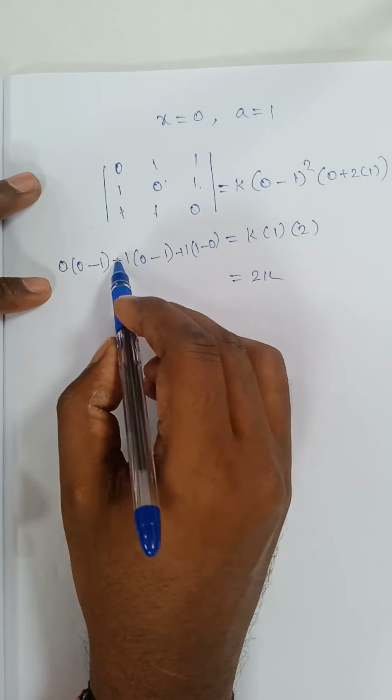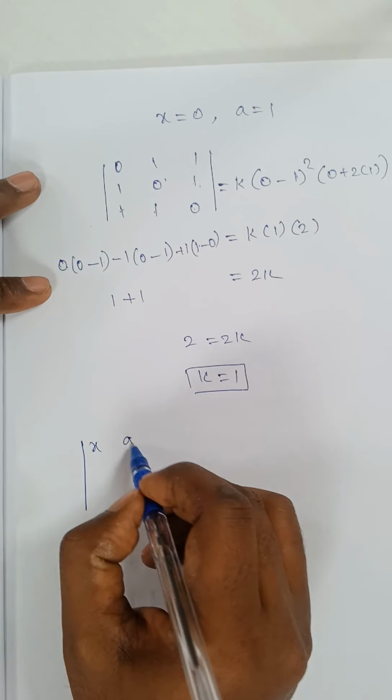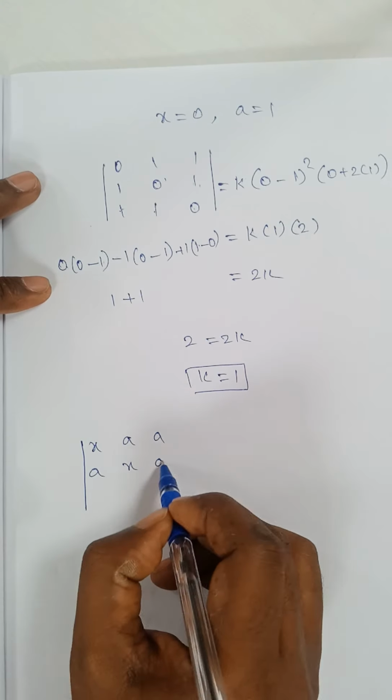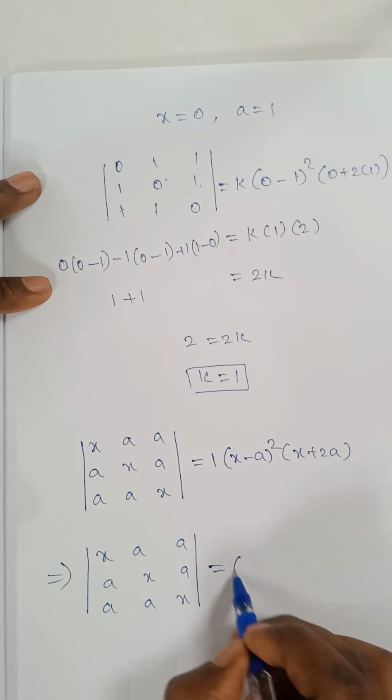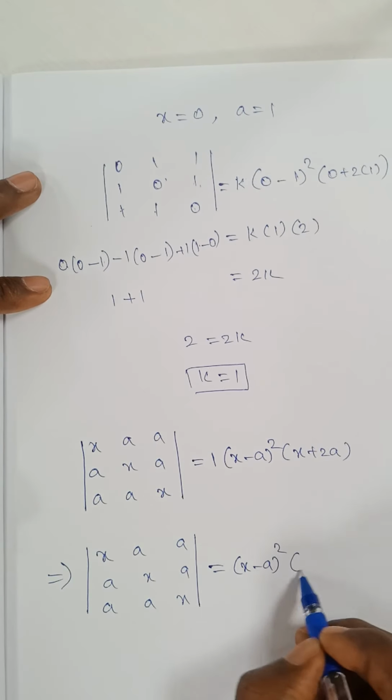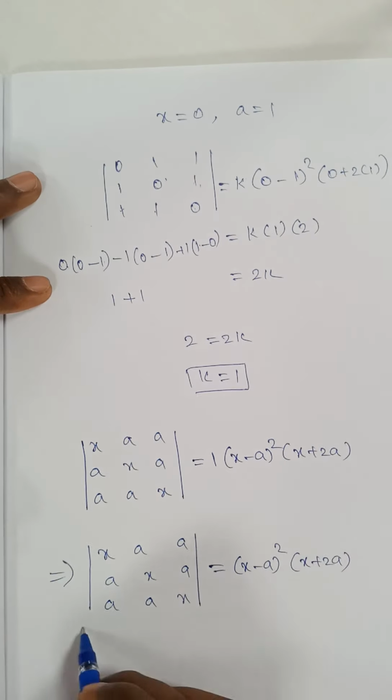Take the k value and apply this equation. So Δ(x, a, a, x) is equal to k value 1 into (x minus a) the whole square into (x plus 2a). So now the determinant of x, a, x, that is equal to (x minus a) the whole square into (x plus 2a) is the answer. Okay,